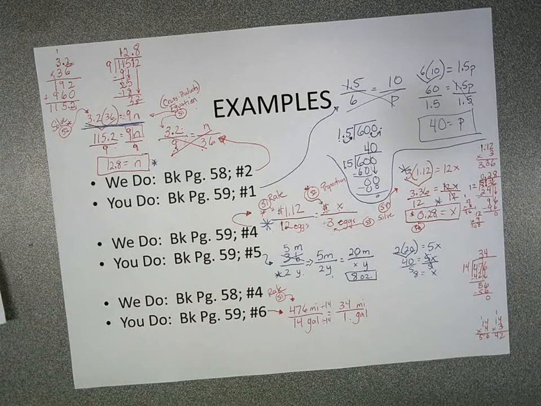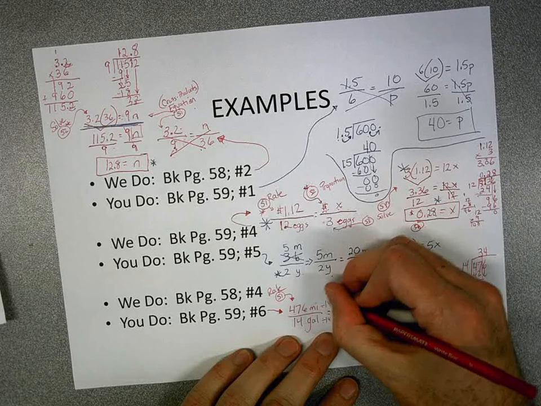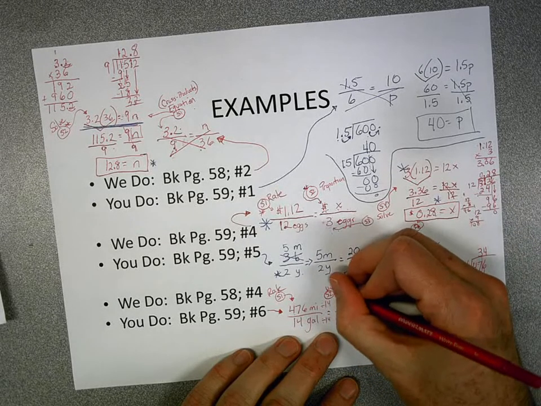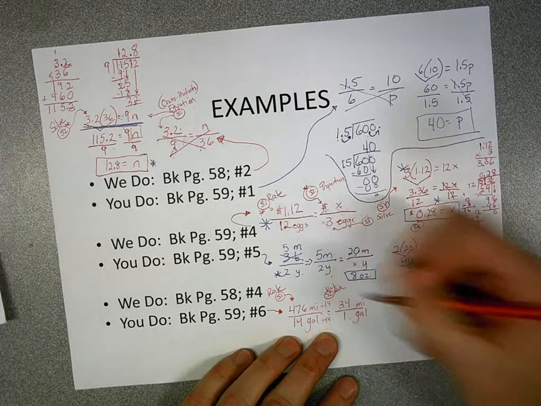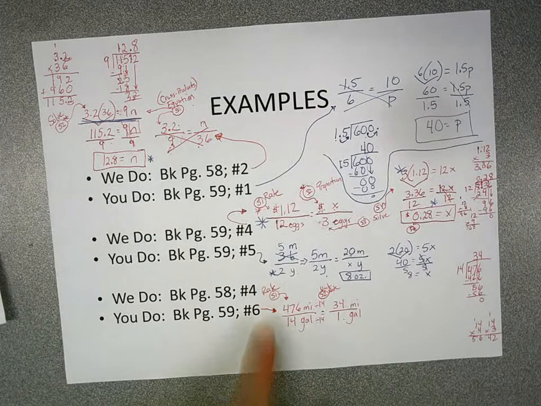Now, that is, of course, what step 2 would have been: find the unit rate, because that's what it was asking us. Okay, and that's what we just did. So step 1 is write the rate out of the problem. Step 2 is find the unit rate. Okay, now here's where it gets a little different. All right, step 3 is